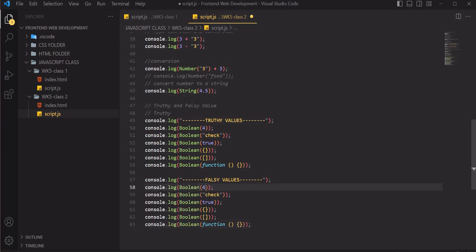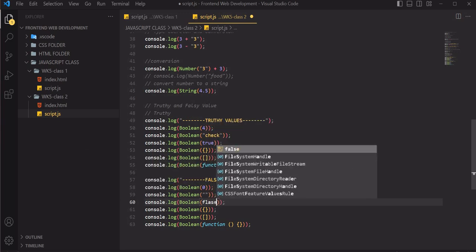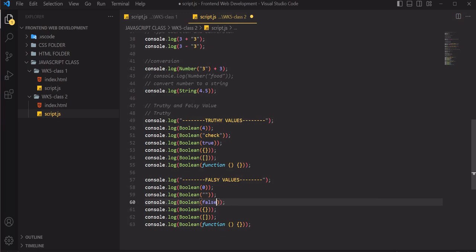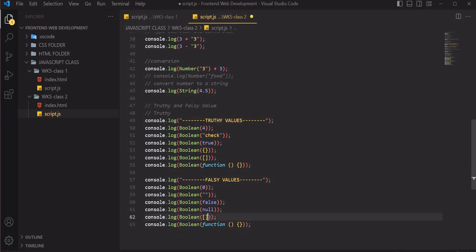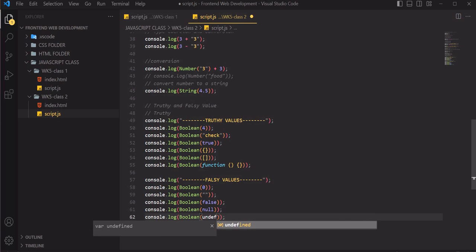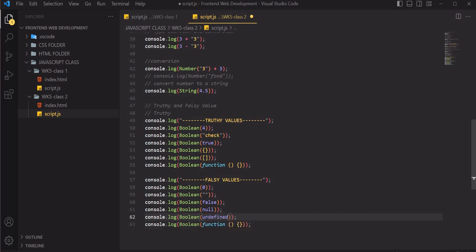So here, false values: 0 is a false value. Empty string is a false value. False is also a false value. Null is a false value. Undefined is a false value. Then last but not the least,